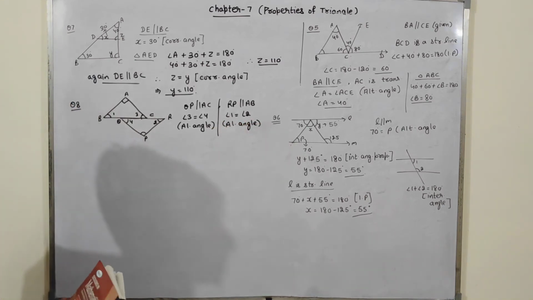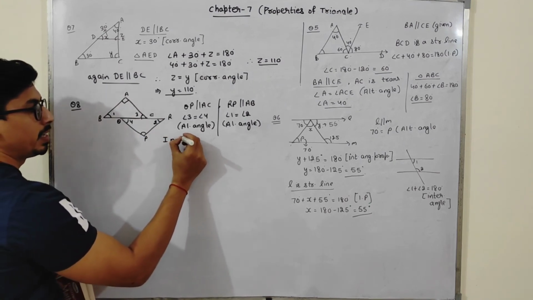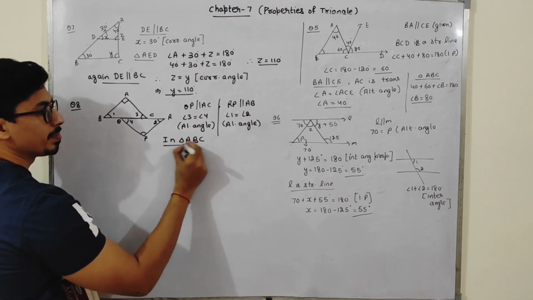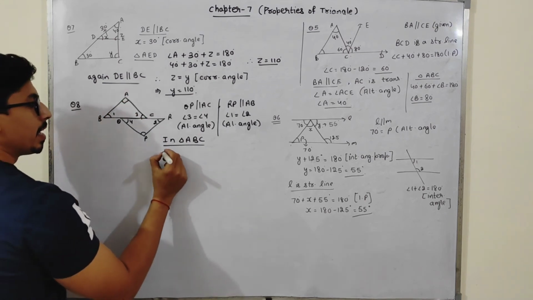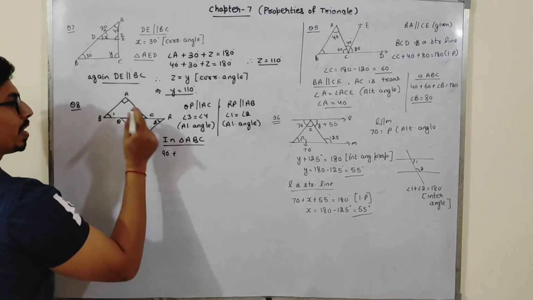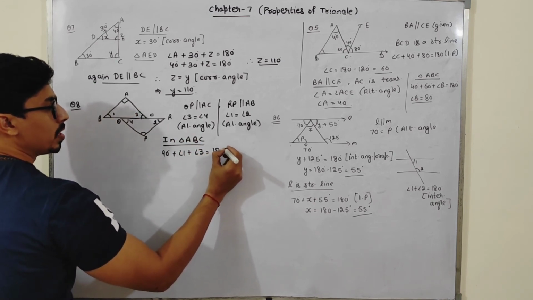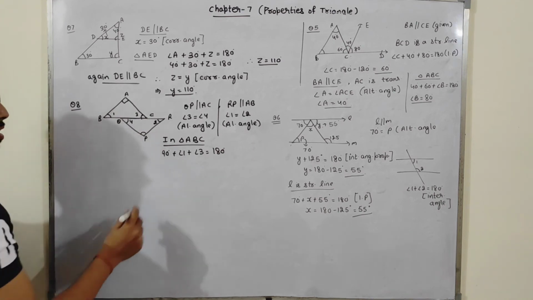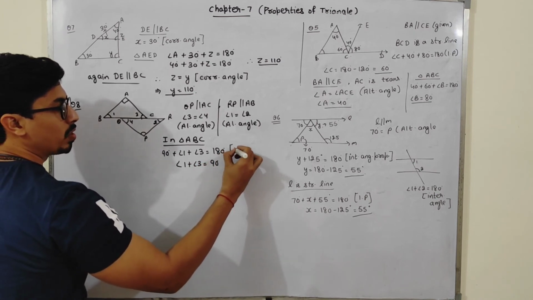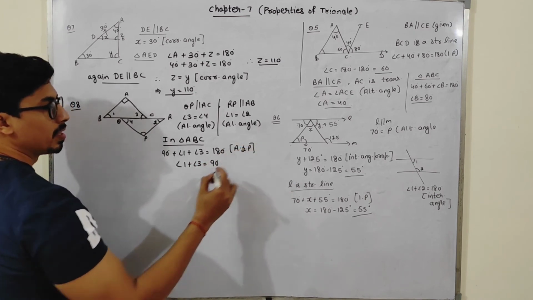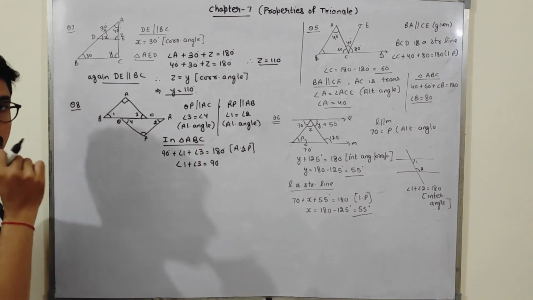Now, see, in triangle ABC, the sum of the angles of the triangle is 180 degrees. We know this property. Angle A is 90 degrees. Angle 1 we don't know, angle 3 we don't know, students. So this will be 180 degrees. From here I can say angle 1 plus angle 3 is 90 degrees. Write down the reason: the reason is angle sum property. So angle 1 plus angle 3 is 90 because this 90, when it goes here, will be in subtraction.